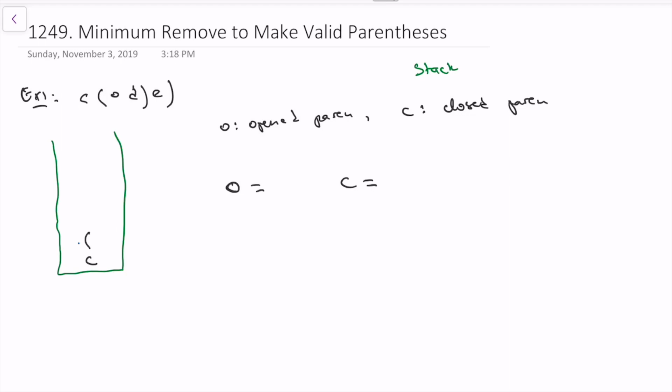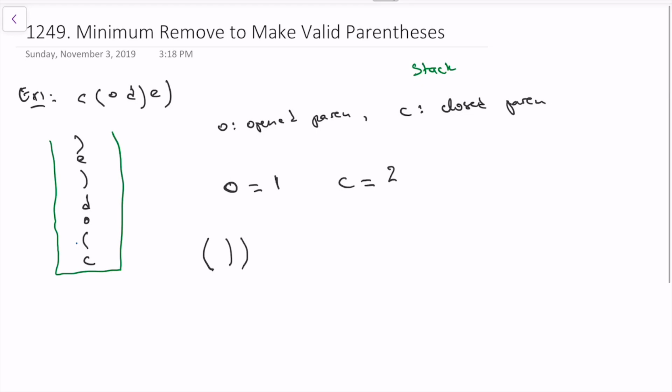First, they are all at 0, and then we push an open parenthesis, so now O is 1. And then we have another open, so we push that. And then we have D, so we push it, and then we have a closed parenthesis, so now C is 1. And then we have E, and then we have another closed parenthesis, and C is 2. So that's where we can do something, because whenever we have one open parenthesis and then 2 closed parentheses, whatever comes after doesn't matter, the string will stay invalid. So we know that we need to remove